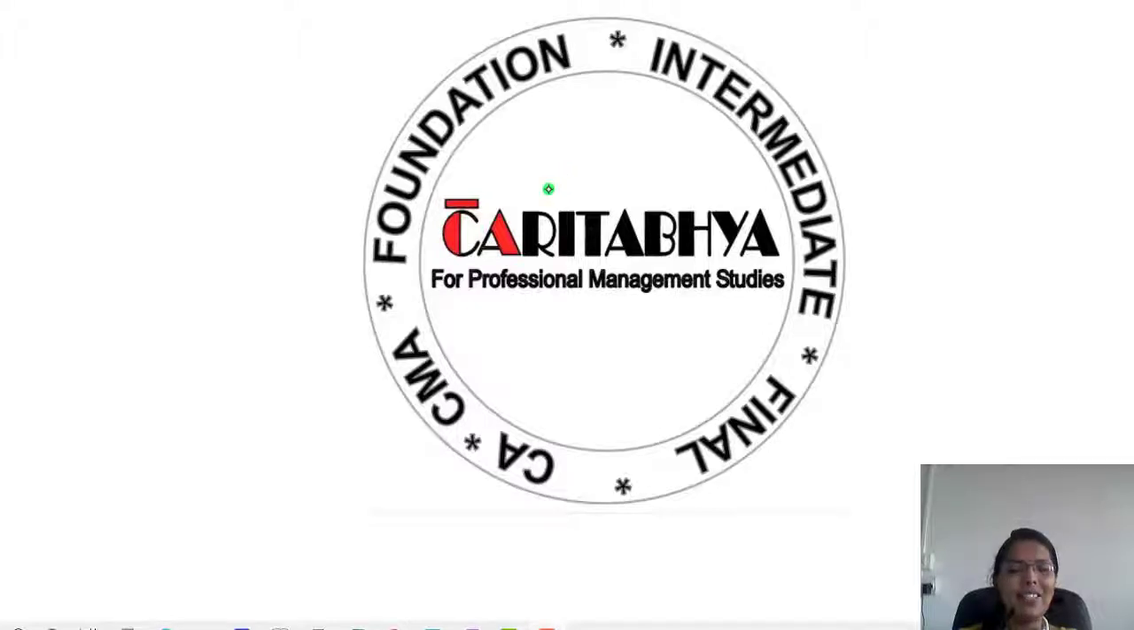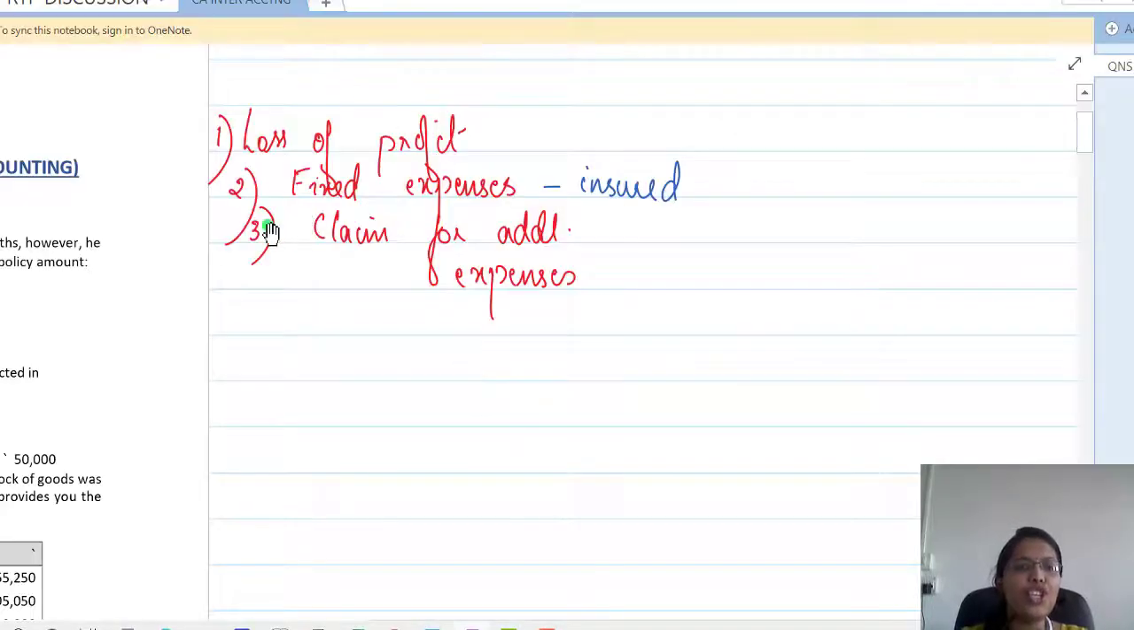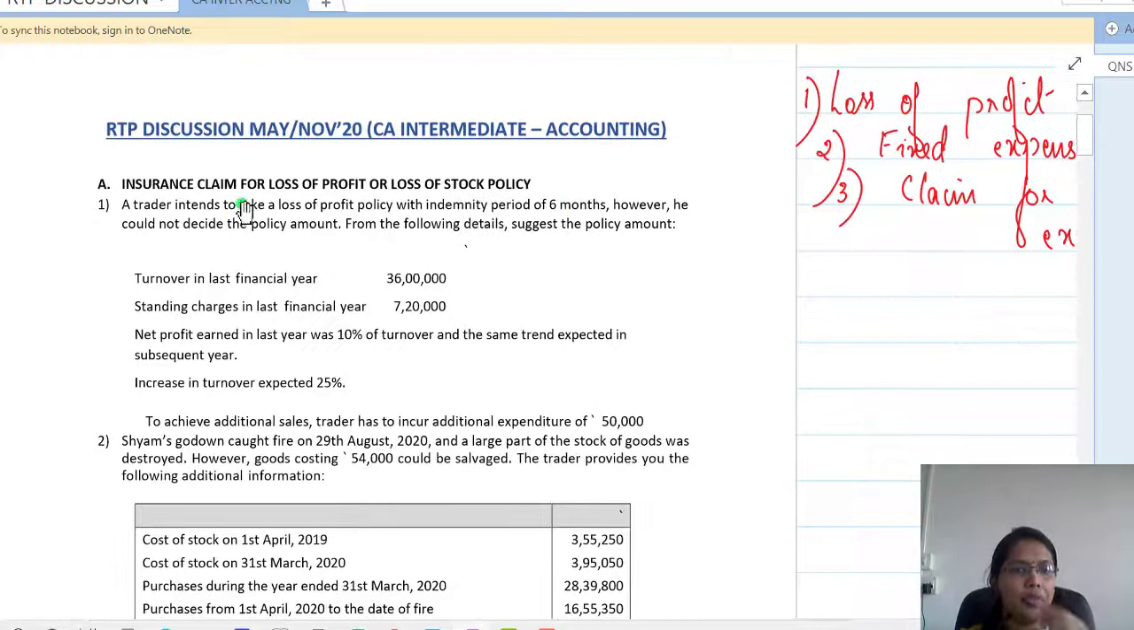Hello everyone. Let's have a discussion on May and November 2020 RTP of CA Intermediate Accounting Paper of Insurance Claim Chapter. Starting with first question, a trader intends to take a loss of profit policy with indemnity period of 6